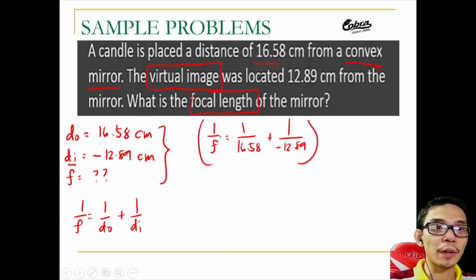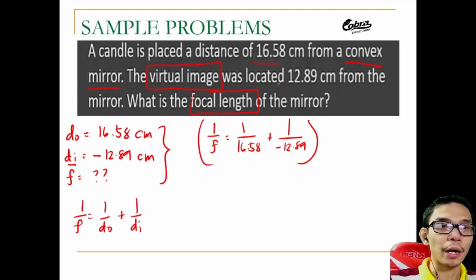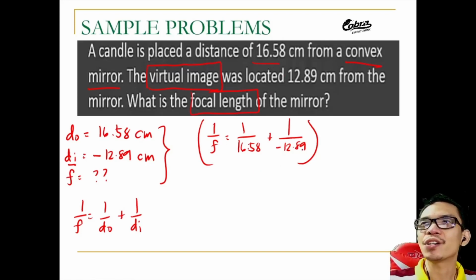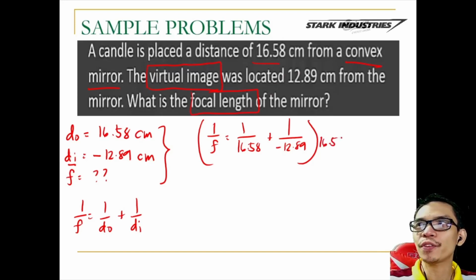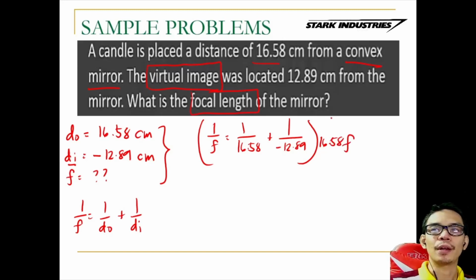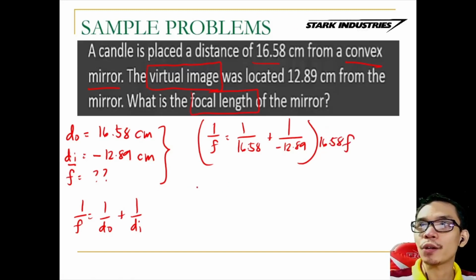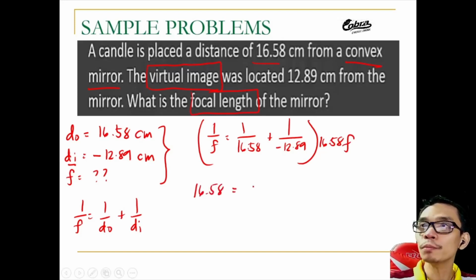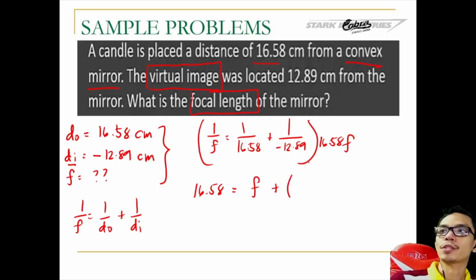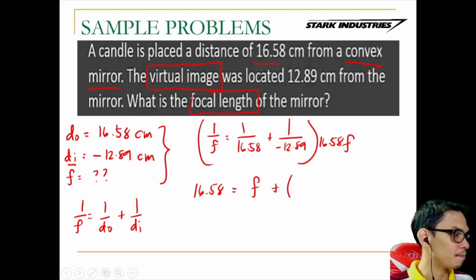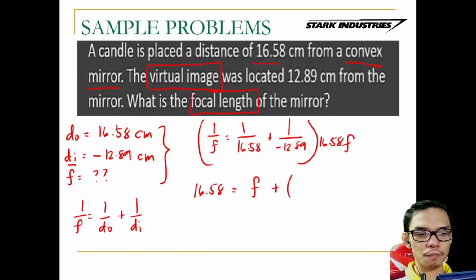Right, so as you can see, I didn't write the units to conserve space. So, this common multiple, we have here 16.58 F. Let's try to find it out. So, let's have this one: 16.58 is equal to F plus, so this will become 16.58